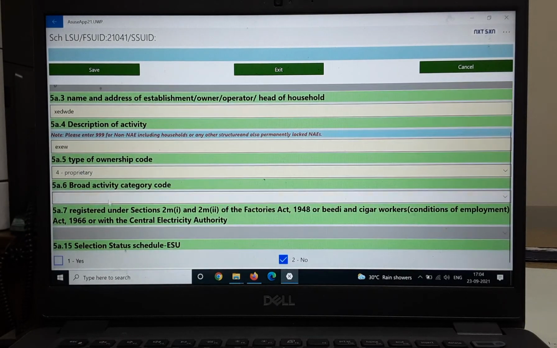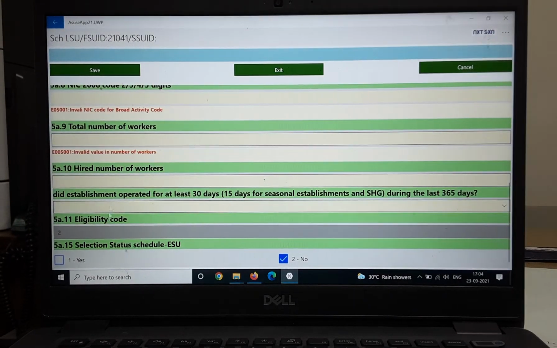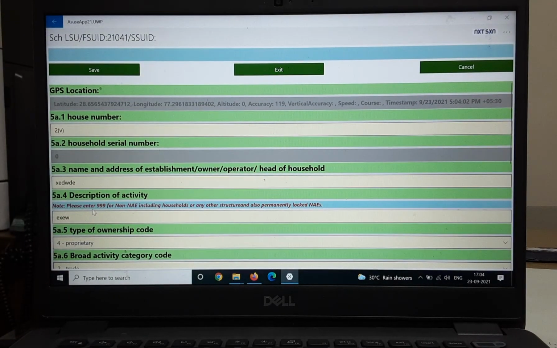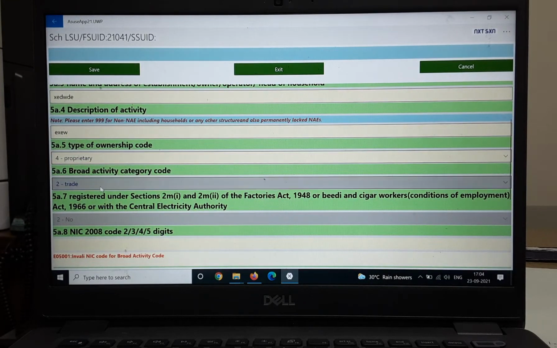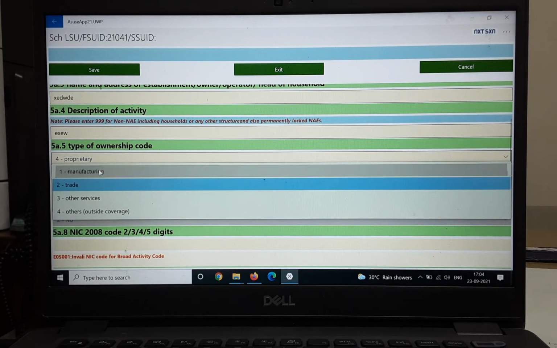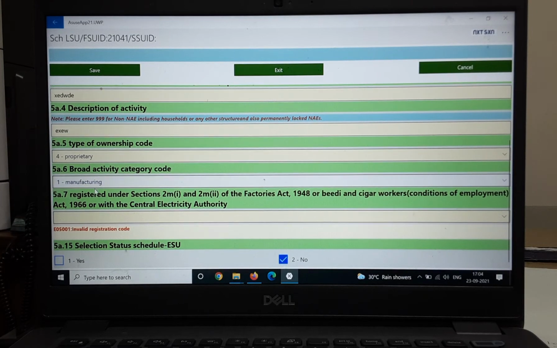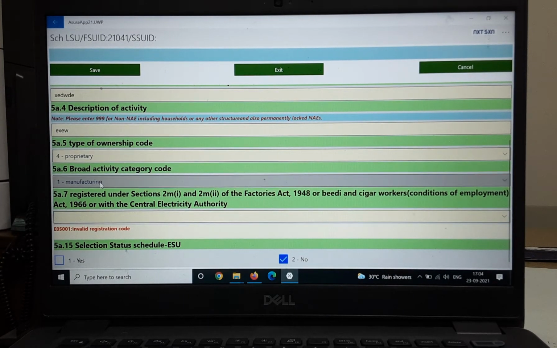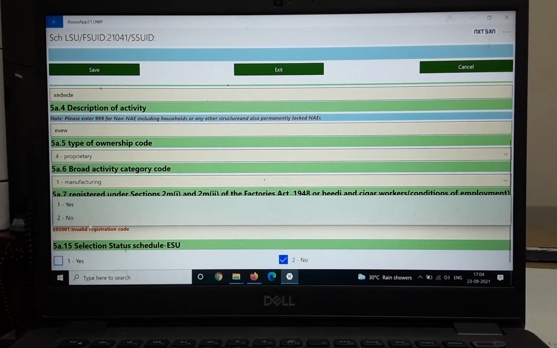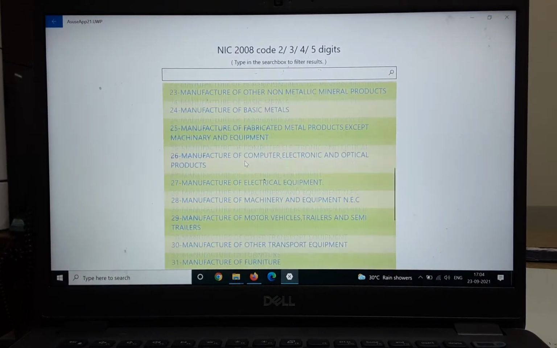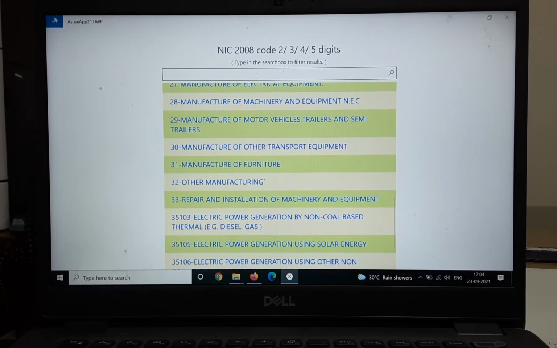This time let it be a proprietary concern, trading concern. So this is the NIC. One thing I would also like to mention here is that as and when I select this broad activity, my NIC codes get filtered. So I am selecting manufacturing here, and we can see that all the NIC codes that pertain to the manufacturing sector only are coming.